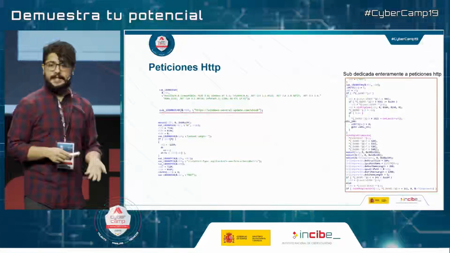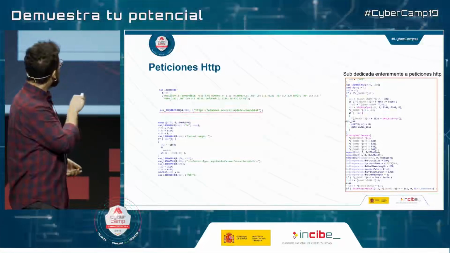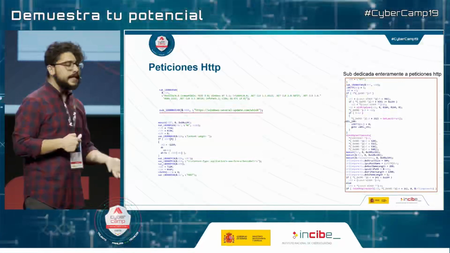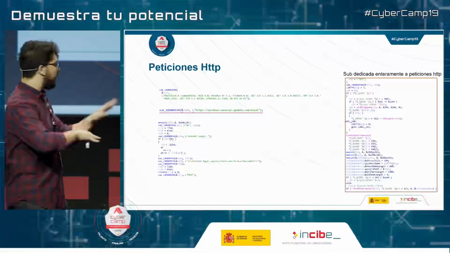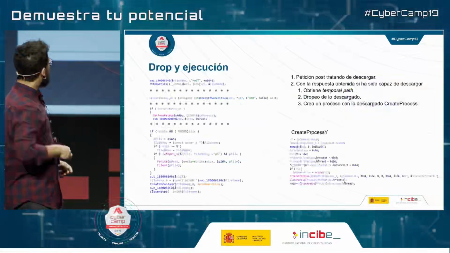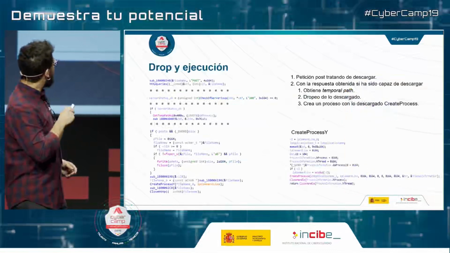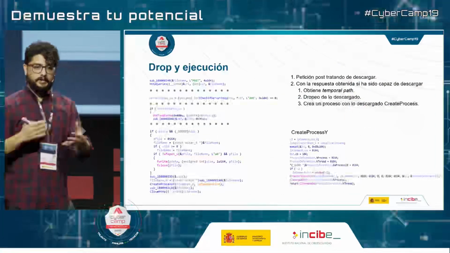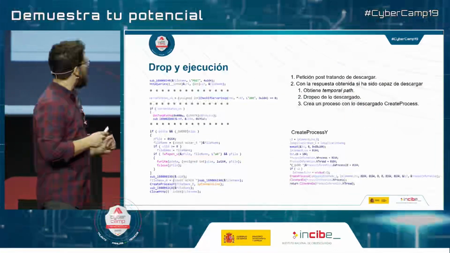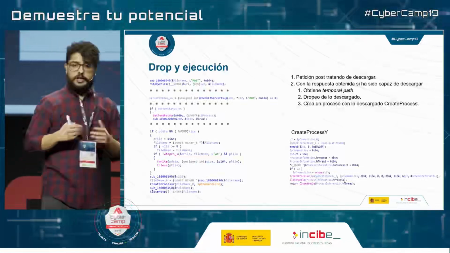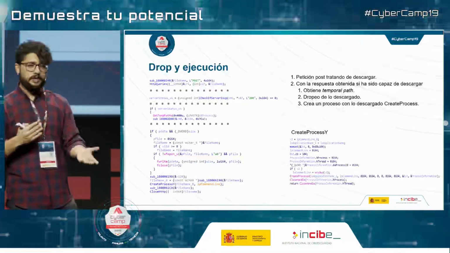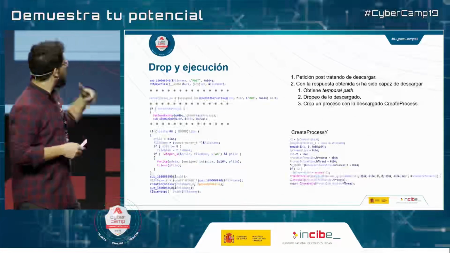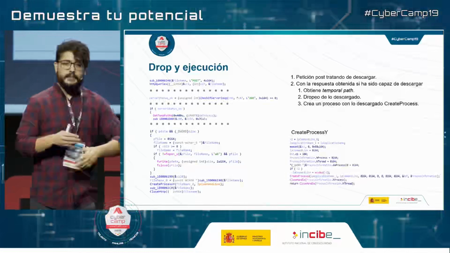Here we can see all references to the HTTP connections it's going to make, and the hard-coded URL. It's like that because they don't expect that someone is going to be able to find this information out. Finally, we have the drop and execution. This is going to launch a POST request, and with the response, the malware is going to be able to download this temporal path, and